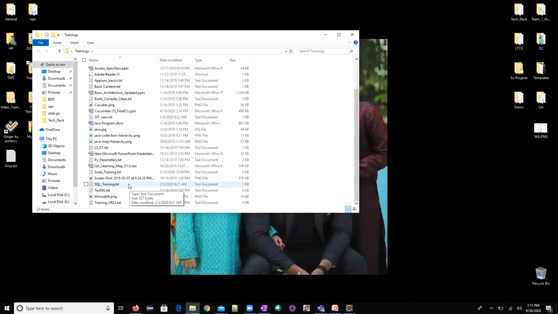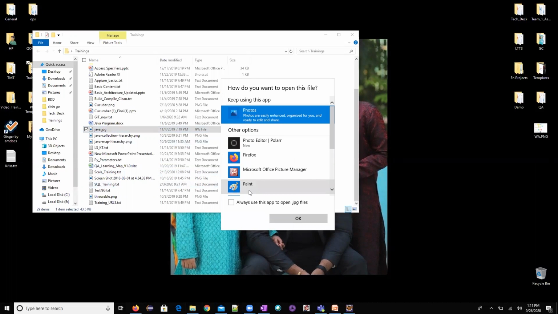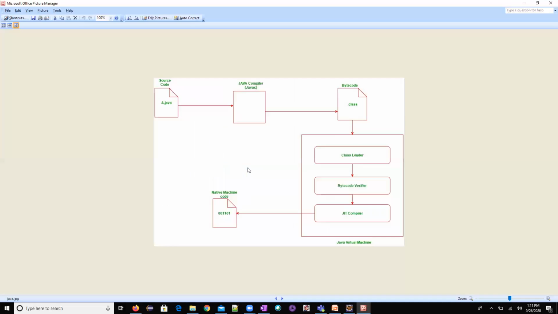So this is what we have learned, right? How are you guys forgetting this? Yes, a .java file to a .class file it will be converting. Why are you guys getting confused? Compiler converts a .java file into a .class file, which is called bytecode. And once we get this .class file, we pass it to the JVM, and JVM will convert it into machine level language, which is native code. Do you remember this image?